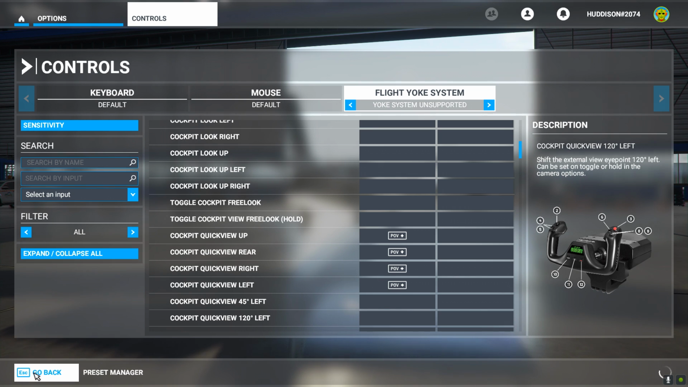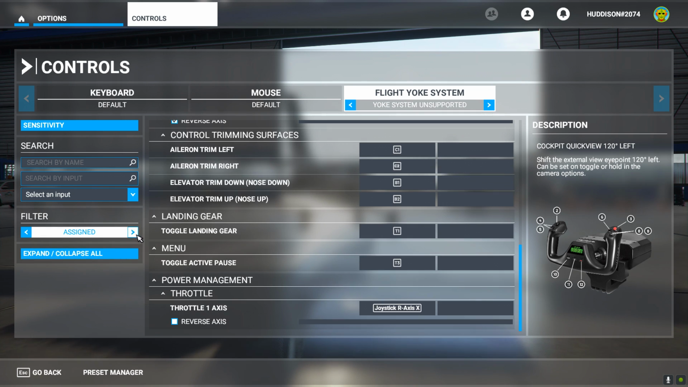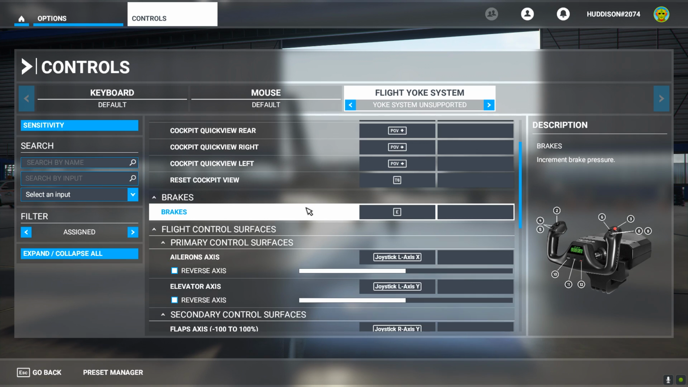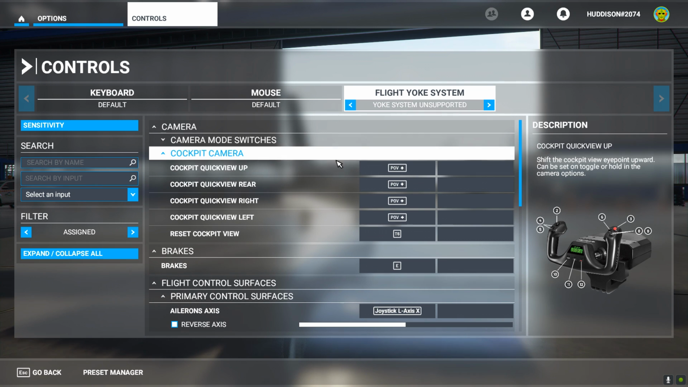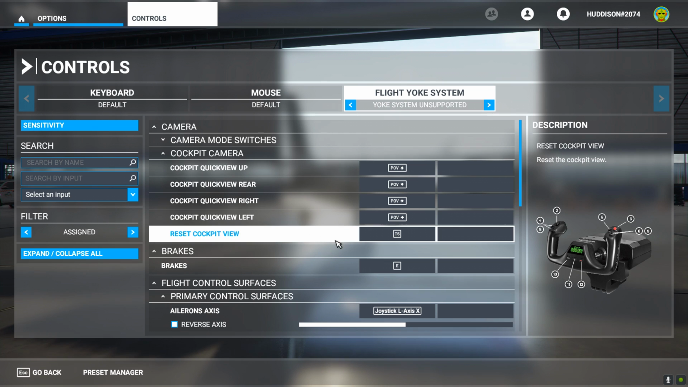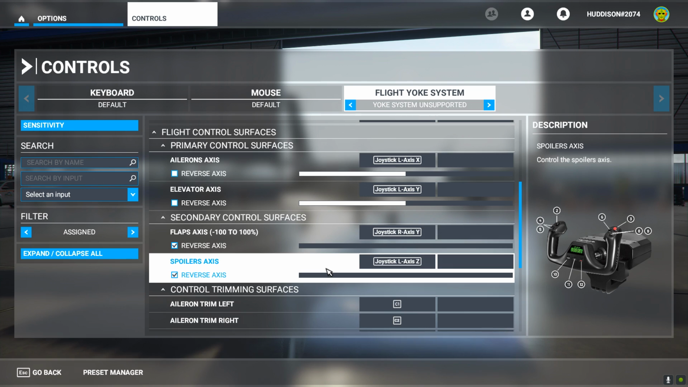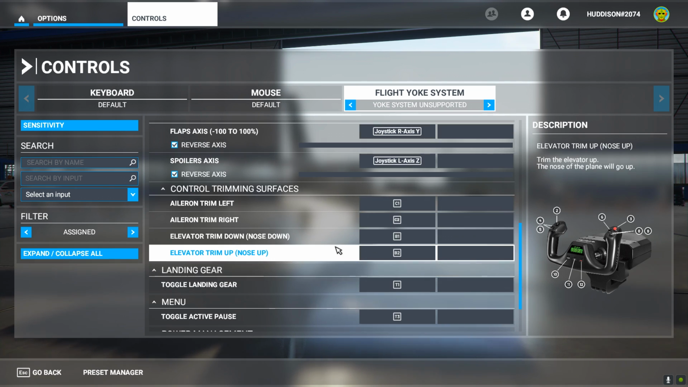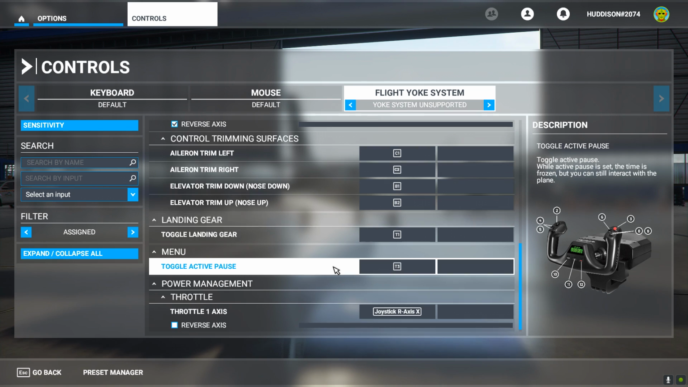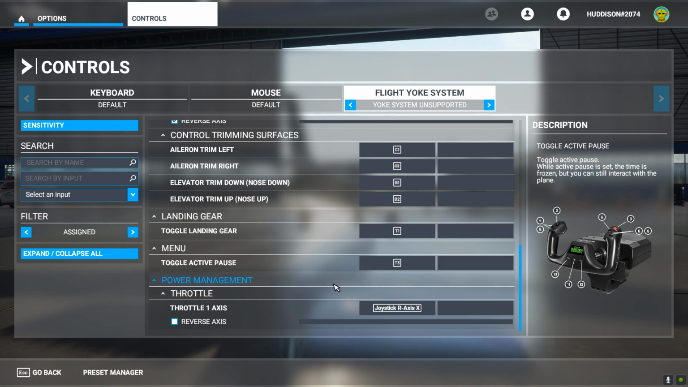Go back. No, actually don't go back. Let's go to filter assigned. Come on, assigned. And now it shows all those glorious buttons that we've just set up. So our viewing system, our reset cockpit, our brakes, our ailerons, our elevators, our secondary control units, flaps, spoilers, control surfaces, trimming left and right, trimming up and down, our landing gear, our toggle active pause, our